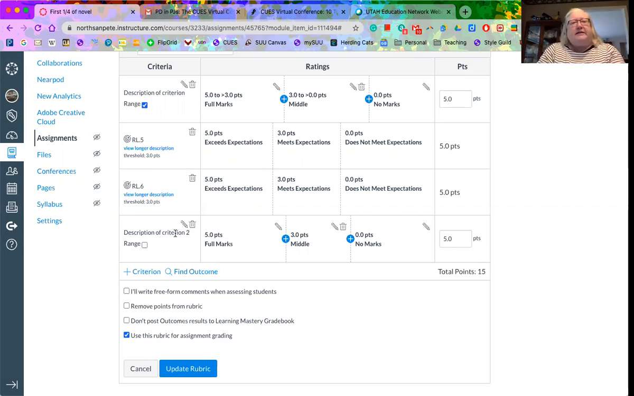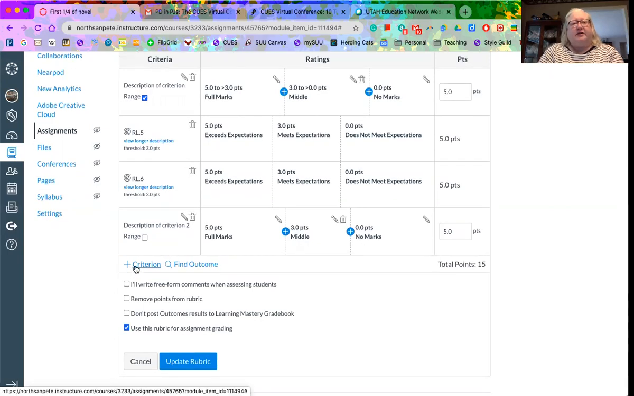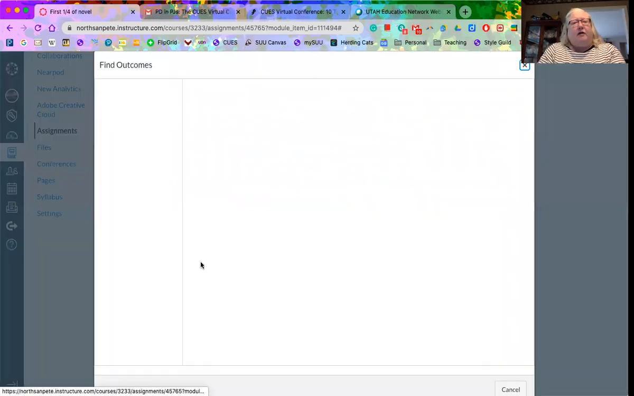So this is a very nice feature when you go to add criterion, is that you can just copy and paste and you don't have to keep setting up, especially if you've got multiple levels of point systems. Then when you go to find outcome,